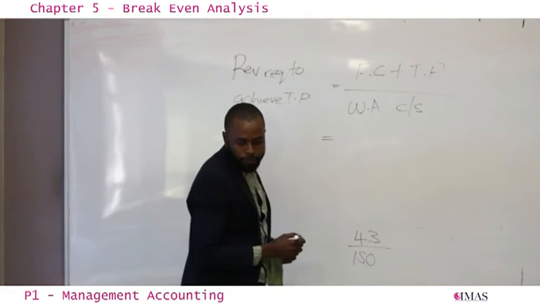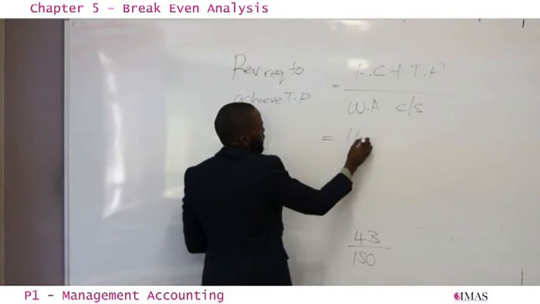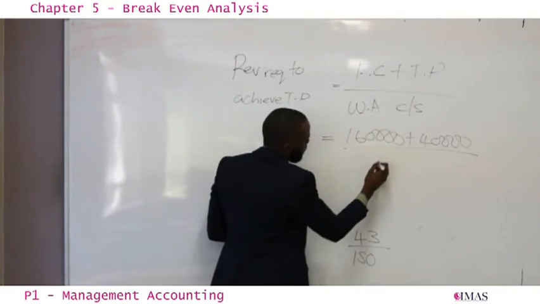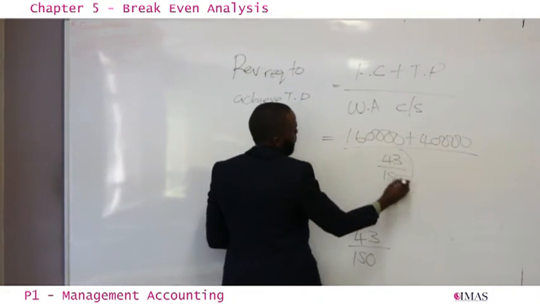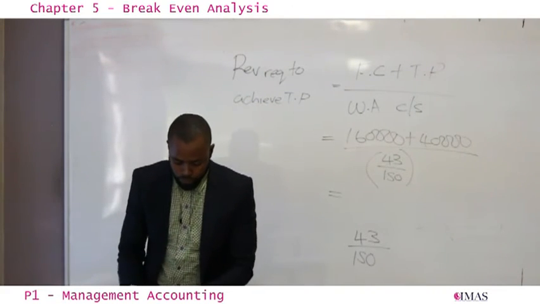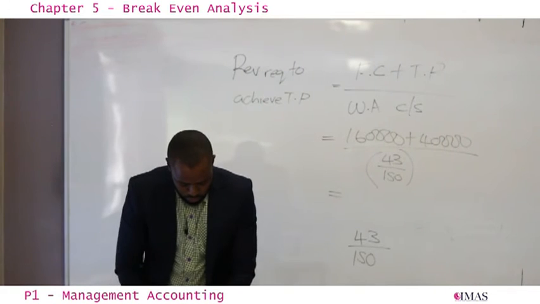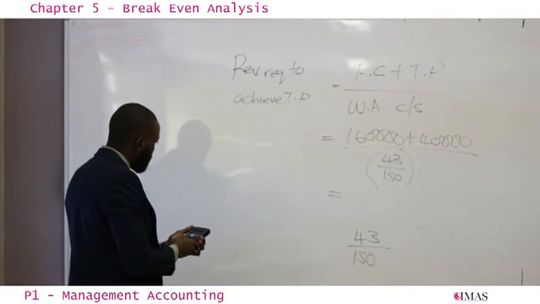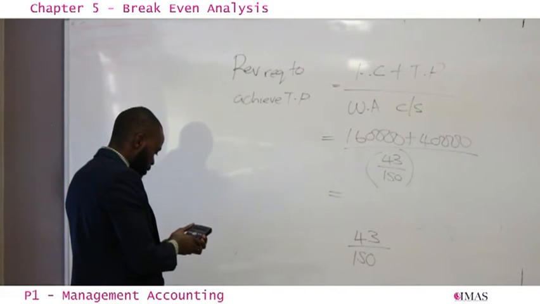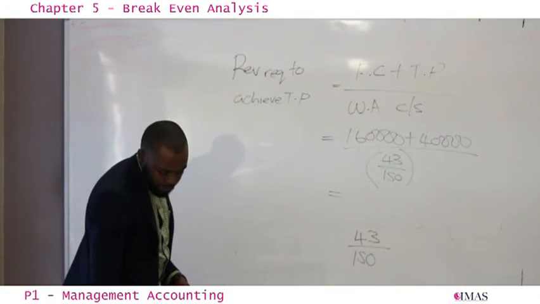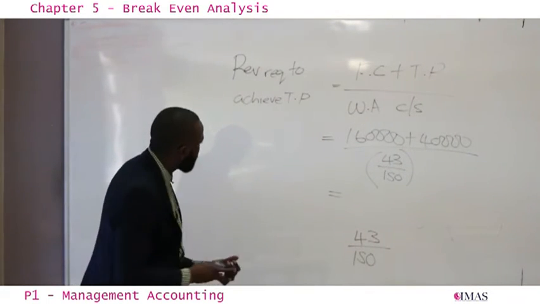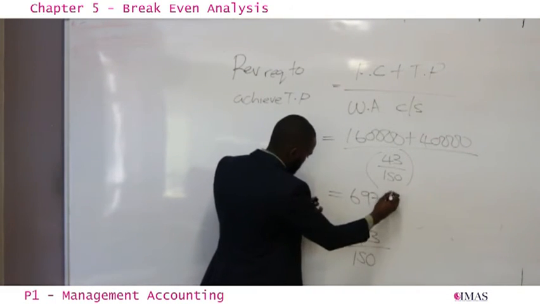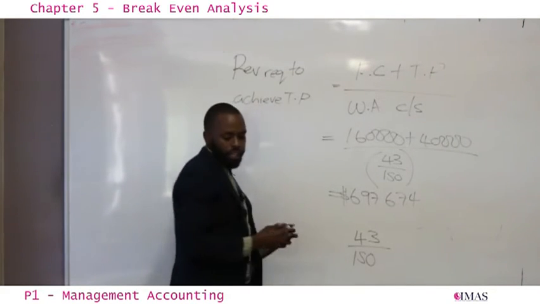Now we take our fixed cost. So fixed cost for the period is 160,000 plus 40,000, divided by 43 over 150. So we take 200,000 divided by 43 over 150. So 697,674. And to the nearest thousand,